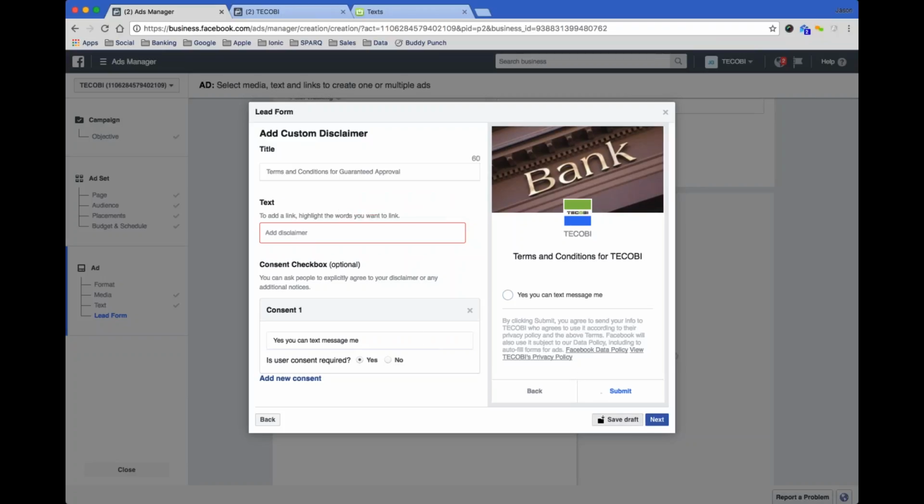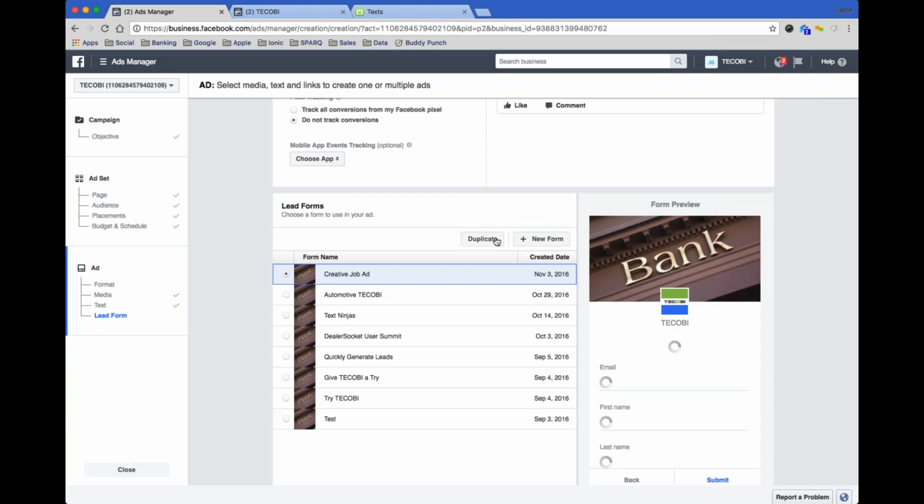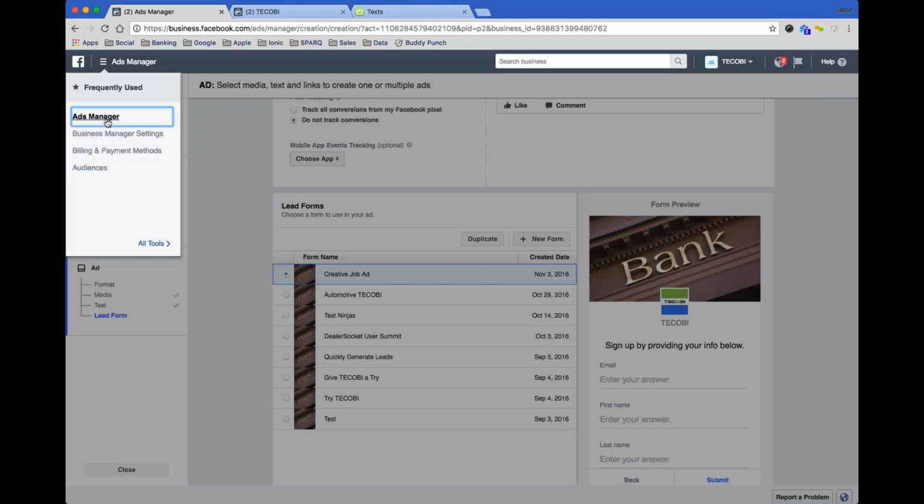And then once you've got that created, you create your lead form. You could put a landing page. If I'm running an ad for a specific vehicle, I'll put that vehicle's VDP page in here. If I'm running a new car ad, I'll put a link to the list of new cars. If it's a finance one, I'll put it to the dealership's pre-approval page or whatever they have on finance. Kind of self-explanatory. So now I'm going to back up and actually take you into a live ad so you can see how this all works.